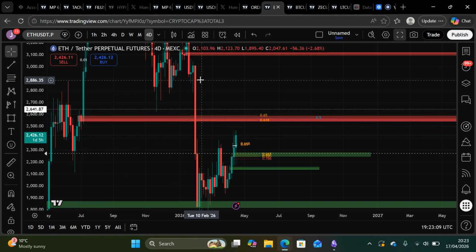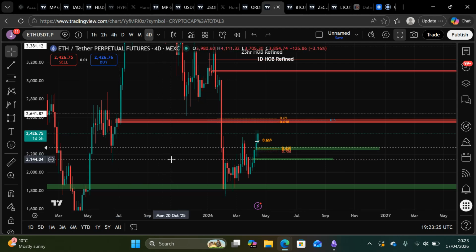So it's hidden liquidity hidden behind the fair value gap. And the market moves between these levels on high time frames. You have to understand that the market will run up to these levels like a magnet, basically collect these orders, and then move off in the direction that it needs to move off in.